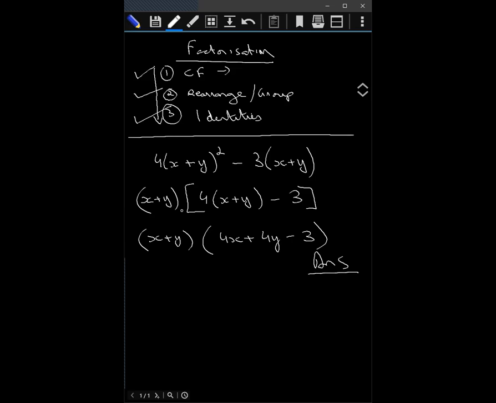So Ramya, how did you get 4 outside? In these two terms, how is 4 common? So Ramya, where is 4 in the second term? There is no 4 in this term, right? So how did you take out 4 outside? You only have to take out x plus y.